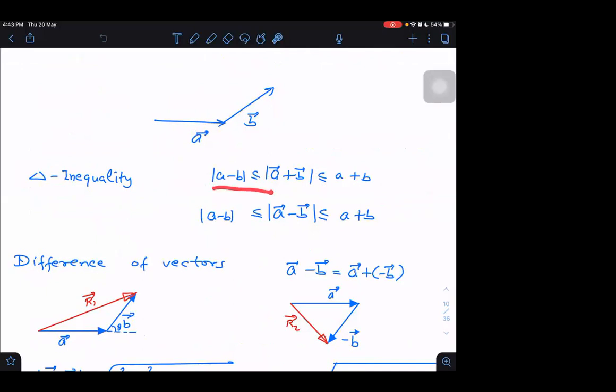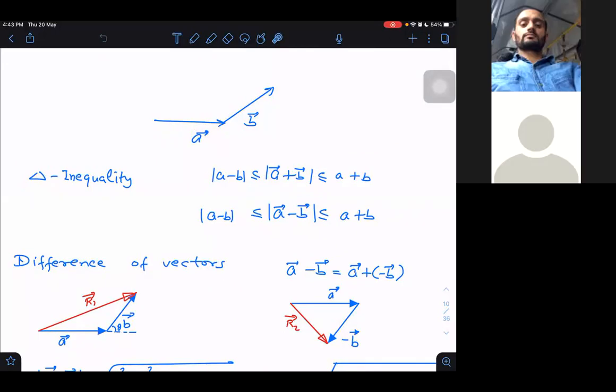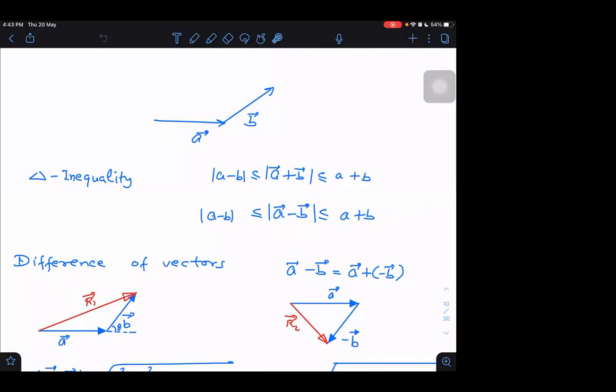This triangle inequality, I think you already got it, that it will be greater than the difference of the sides, but it will be less than the sum of sides. For example, if I say a triangle has one side length 3 unit, another side length 4 unit, then tell me what will be the size of the resultant. What will be the resultant size possible in this case? The minimum resultant will be 1 and maximum length of the resultant will be 7. So the magnitude of resultant will lie between 1 and 7.